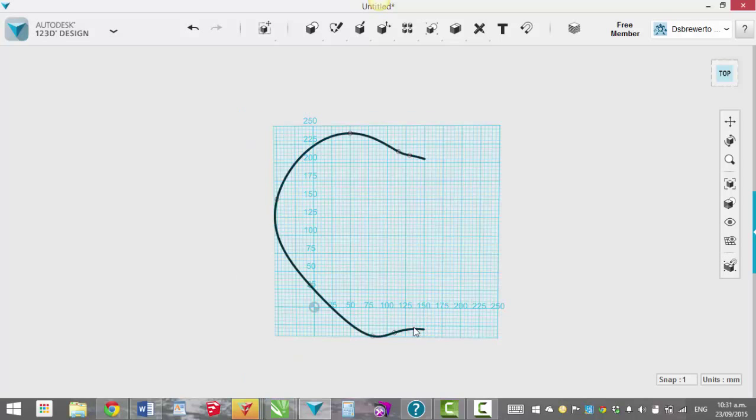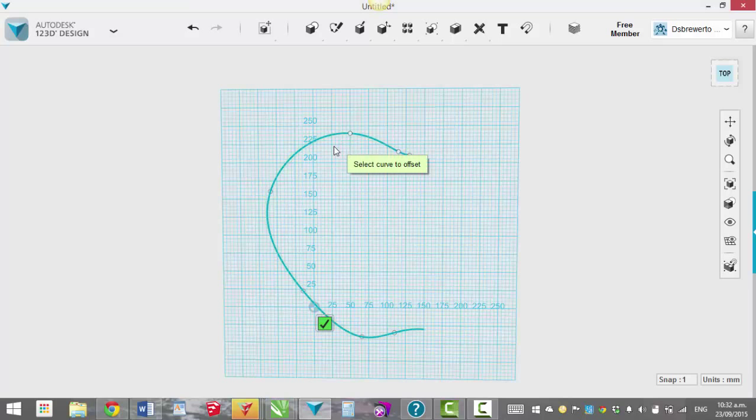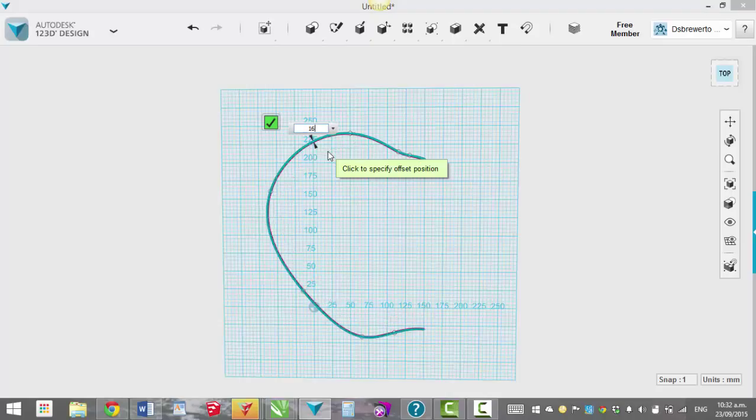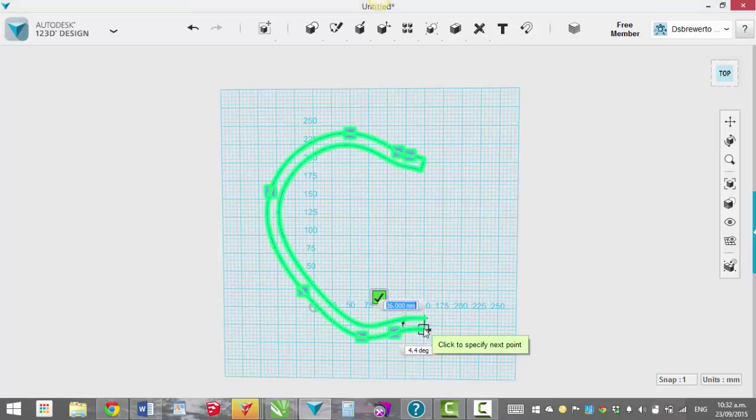That's the shape that I want. And now I'm just going to alter that a little bit to get it how I want. Click on these points, move them about, you get the idea. So I'm just going to quickly offset that. Let's say 16 millimeters inside, done. To join it up and to make a shape